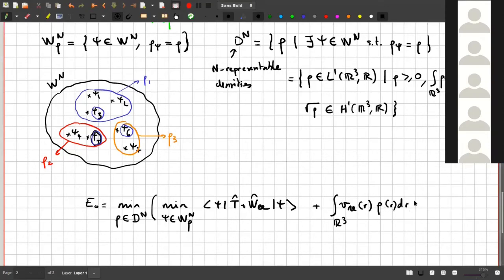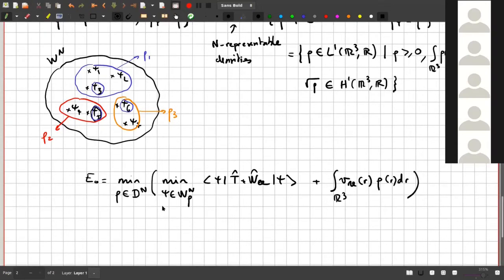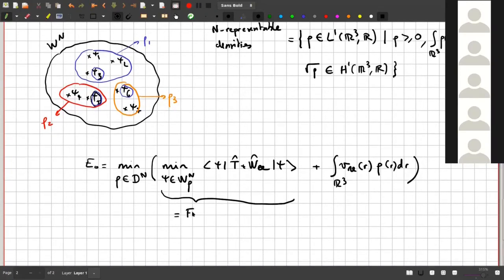Okay, I hope you see that I can always extract the VNE part because it depends only on the density, and this minimization is done at constant rho. Well, okay, and once I have done that, I am left with this expression, which is a functional of the density because it depends on rho. So I will call it F of rho. And it is a universal density